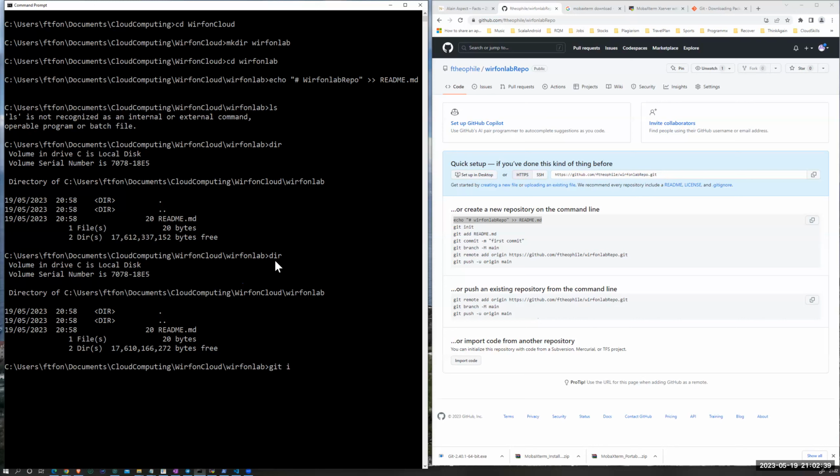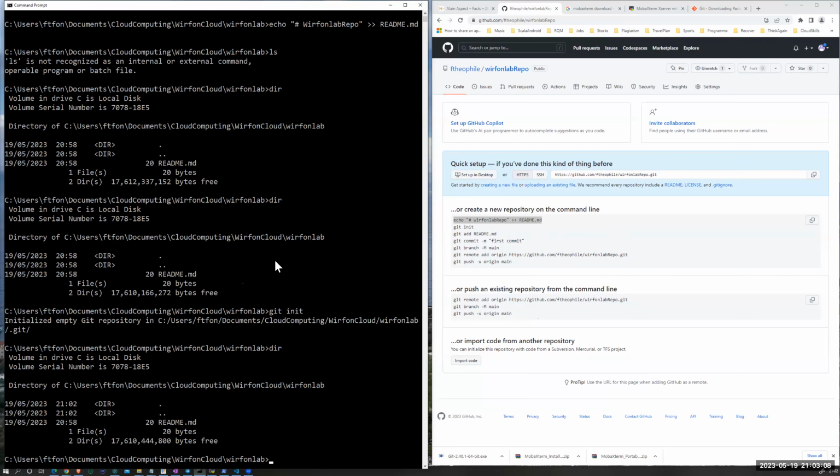So for example, let's all of us run the second line, which says git init. We should run that git init command to initialize this folder as a Git version controlled folder. Okay. So it's initialized. You should see initialized empty Git repository, right? Yeah. Now, if you do dir,